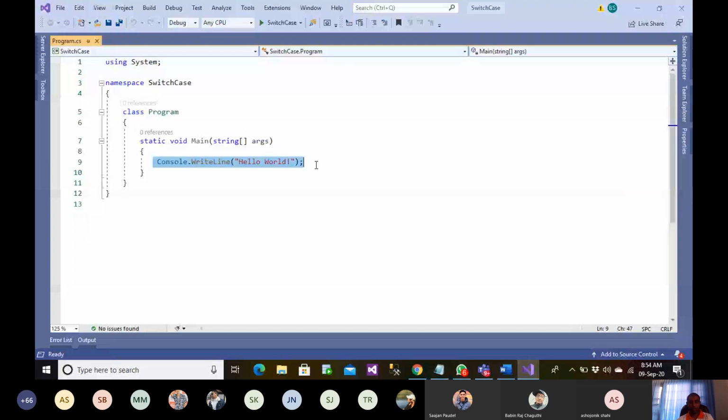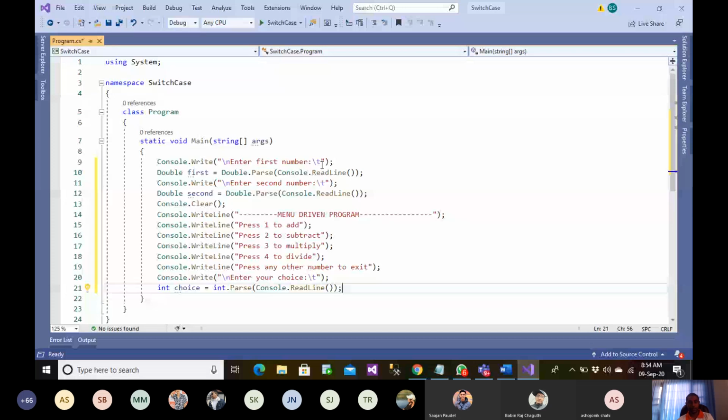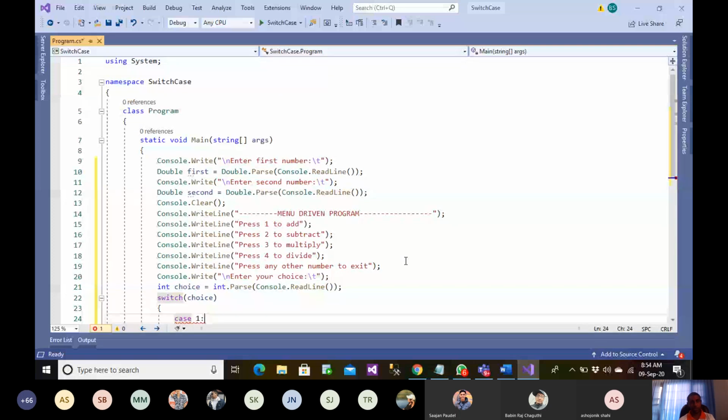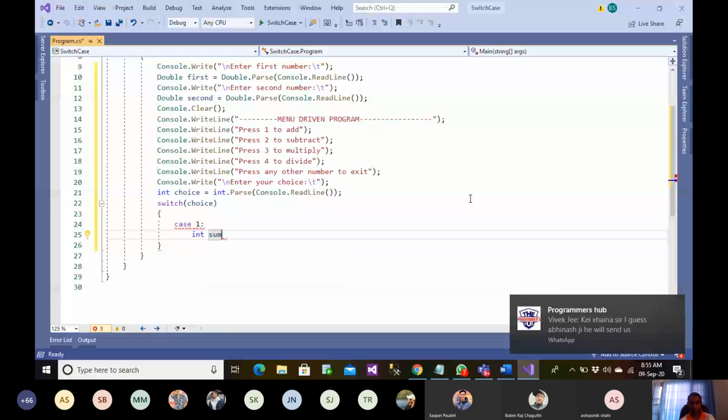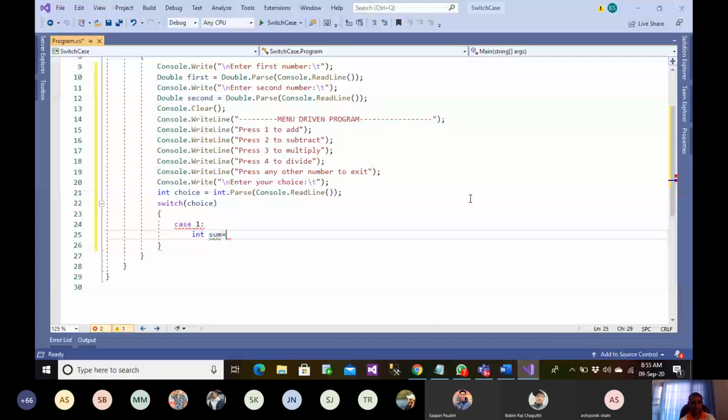This is again very similar to your if else cases, but this time I want to make a slight change using a switch case. So switch and choice. You have different cases. For example, case 1 means the user has pressed 1. I want to perform addition, so sum equals first plus second.